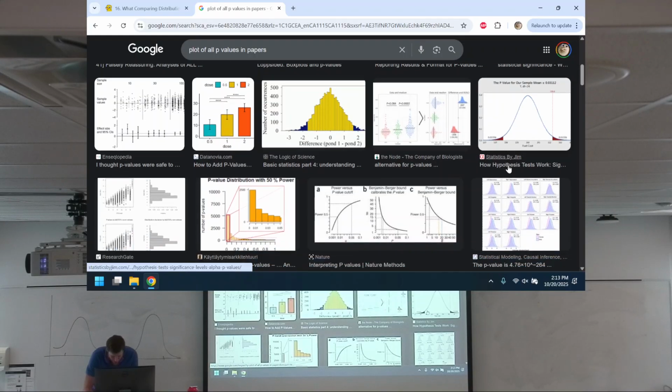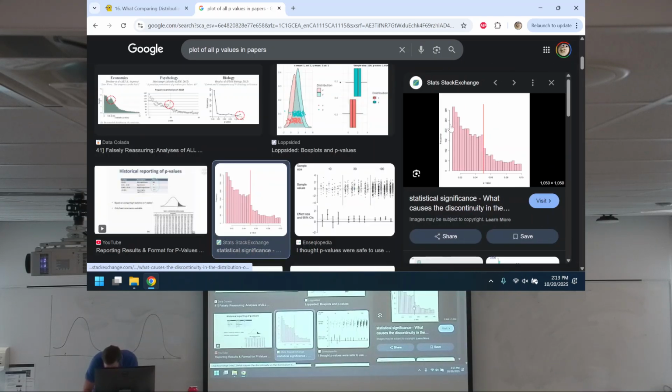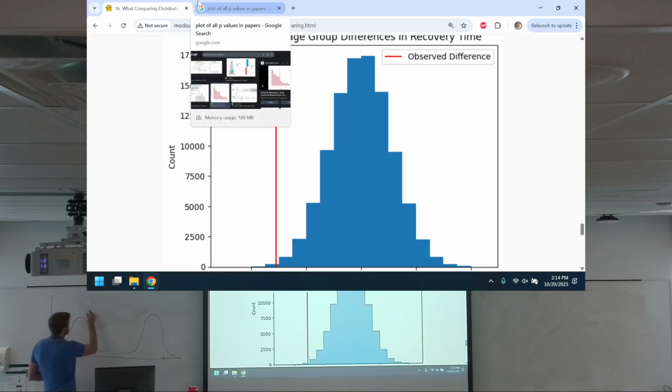why can't I find what I'm looking for? This might be it. Basically, I don't know why I can't find it right now. If you were to look at a plot of research finding p-values, you get a weird bump